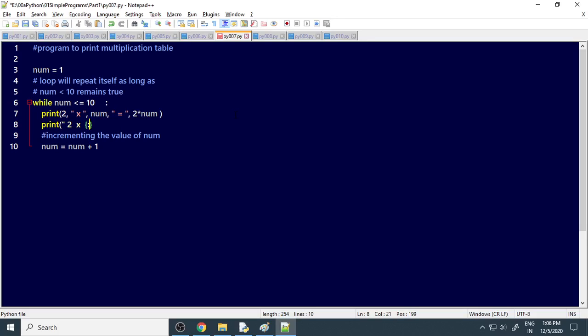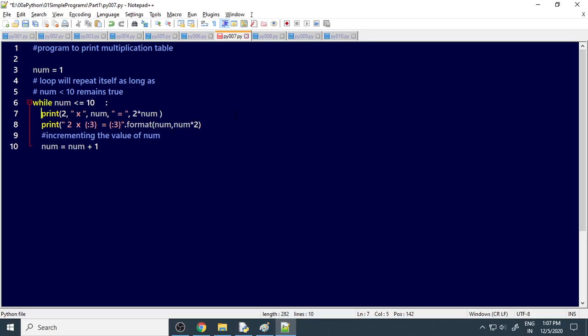Then it takes 2 digits maximum. Okay, I'll take it to 3 digits. Then equal, then again the final number, again colon 3 digits, then close, then format. This is num comma num into 2, right?